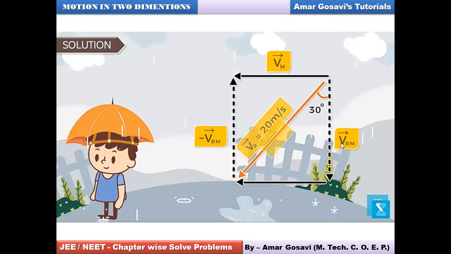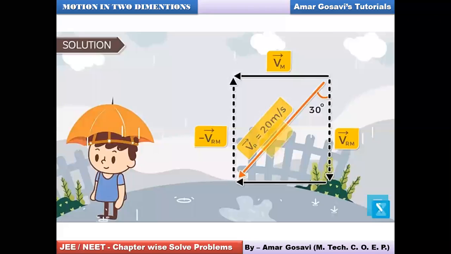And the relative velocity of rain with respect to man has to be vertical. For that, the man has to move with some velocity, such that the relative velocity of rain with respect to man becomes vertical. And the moment it becomes vertical, obviously the rain will fall somewhat like this and he won't get wet. So here you can see, we are supposed to find the relative velocity of rain with respect to man in this case. So please make a note of this diagram also, then we actually work out the values for it.